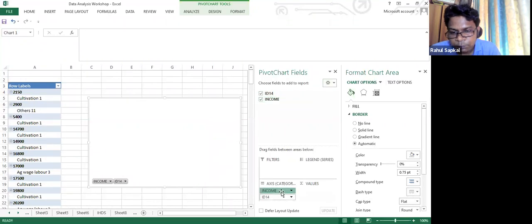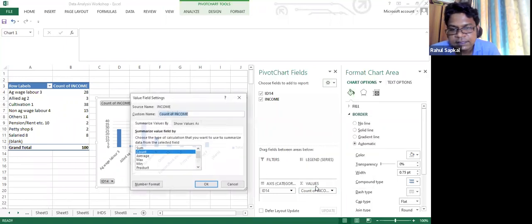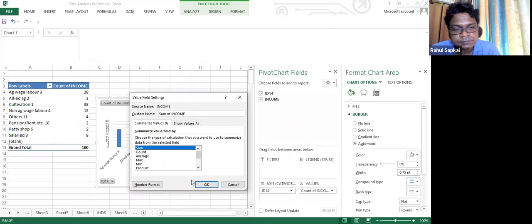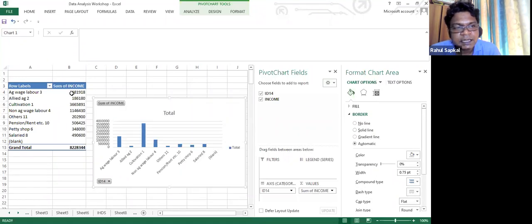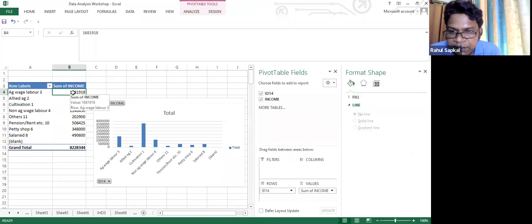So I will put income in the values. Okay, now income is there in the values. You can put sum. Now this is a sum. Now here, whenever you click on the sum column, whenever there is a continuous variable, if you do a right click,